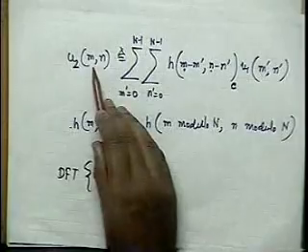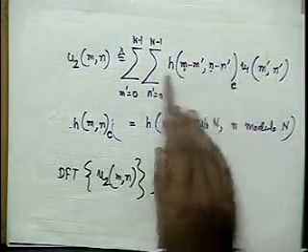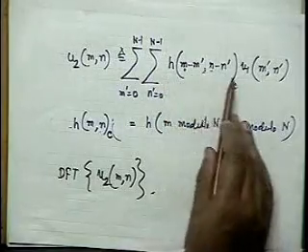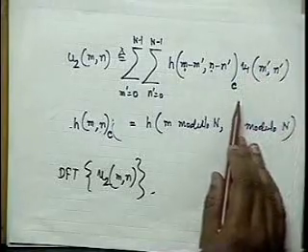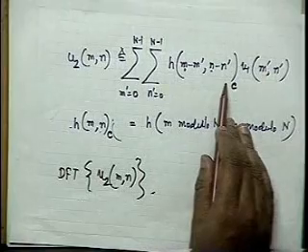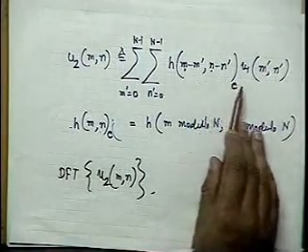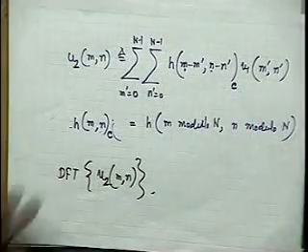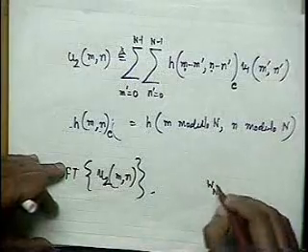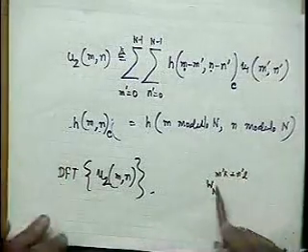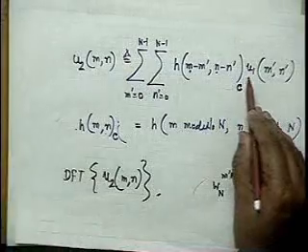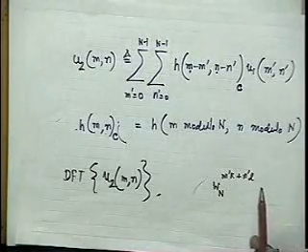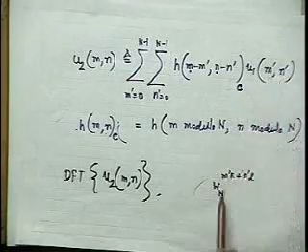So with respect to m n, the DFT that we are taking is on this circular function h of m minus m prime, n minus n prime, and this function remains as before, and the DFT of this is simply DFT of h m n, with the term w to the base n m prime k plus n prime l remaining outside. So we get a term w to the base n m prime k plus n prime l outside, and we get the function u1 m prime n prime also outside, and the remaining term becomes simply DFT of h m n,